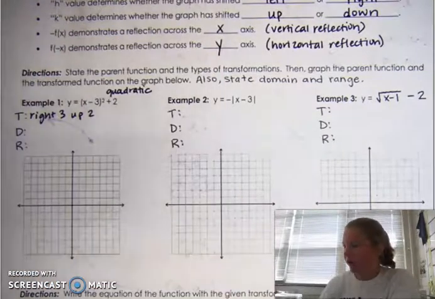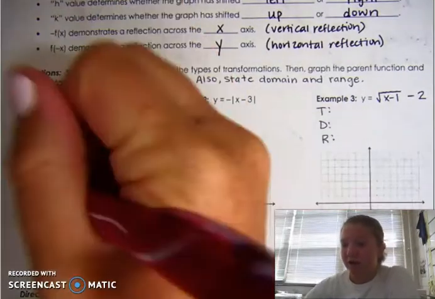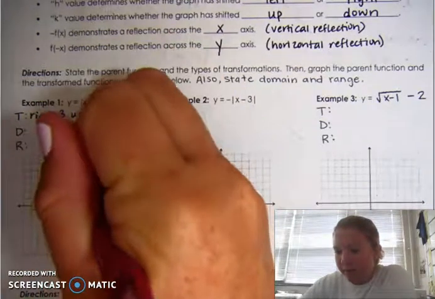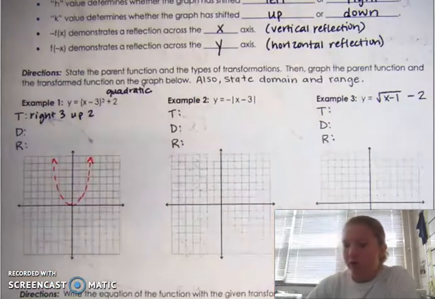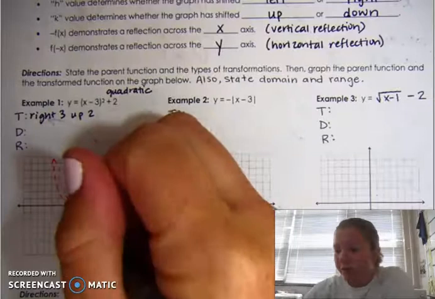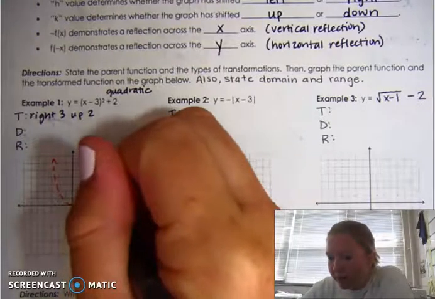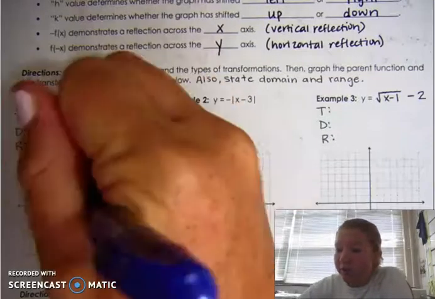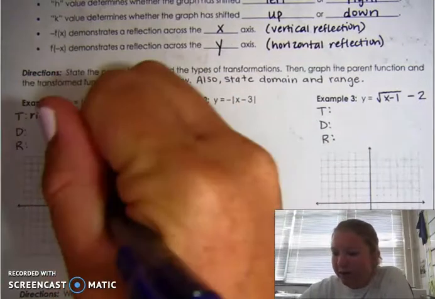I'm going to graph the parent function in a different color. So the parent function is x squared. That's just a parabola sitting at the origin. Now, when I graph the transformed function, I'm going to move 1, 2, 3 to the right, 2 up. That's my new vertex. Nothing else has changed about this, so I'm just going to create that same U shape